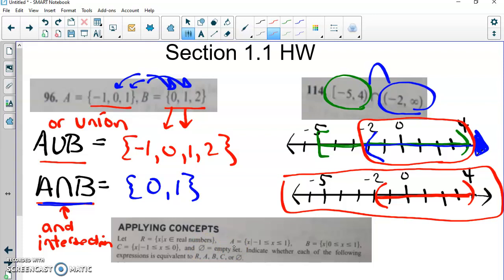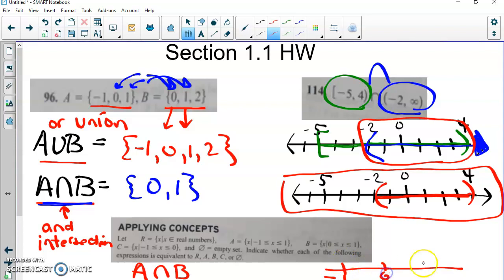So all of these questions in this section are going to be asking you to find the intersection and the union among those 4 sets and the empty set. So if I'm just going to pick a random one, I don't know which one of the homework problems it is, but if I say, all right, looking at those sets in the directions, A intersect B. If we are taking the numbers from -1 to 1 and we are intersecting it with a set from 0 to 1,